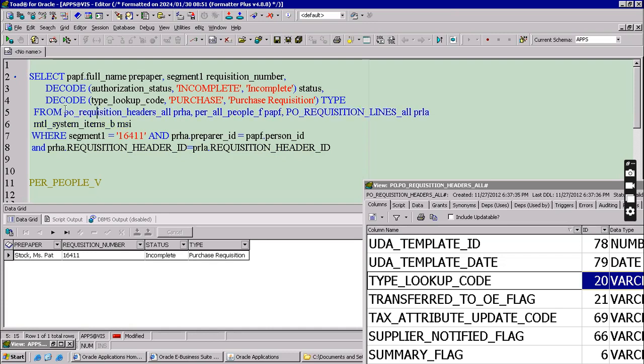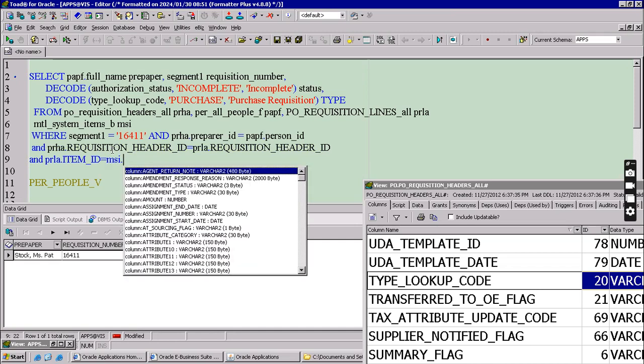Minimum joins here is 4 minus 1, which means 3 joins required. So only 2 joins are available here. So one more join is required, that is PRLA dot item ID, that is equivalent to MSI dot primary key.